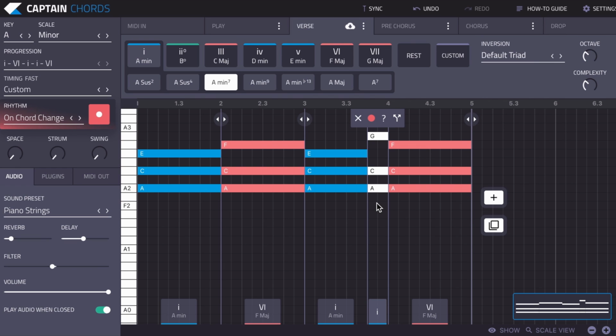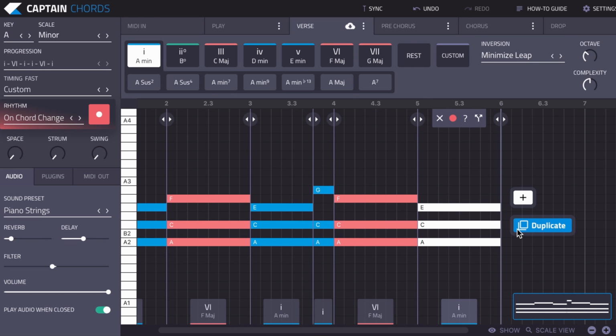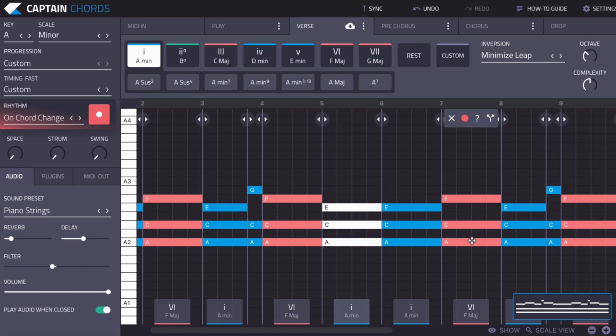When we added MIDI editing, that really opened that up as well. Just quickly on that, you can move individual notes. You can change the length of the chord as a whole. You can remove notes by double-clicking on them, and then double-clicking to re-add them. So you've got quite a few options there, which gives you further options for customization. Then we've got the add button and duplicate. Add just lets you add another chord. Duplicate will take everything that you've got and double it up. It just saves you having to do it manually.